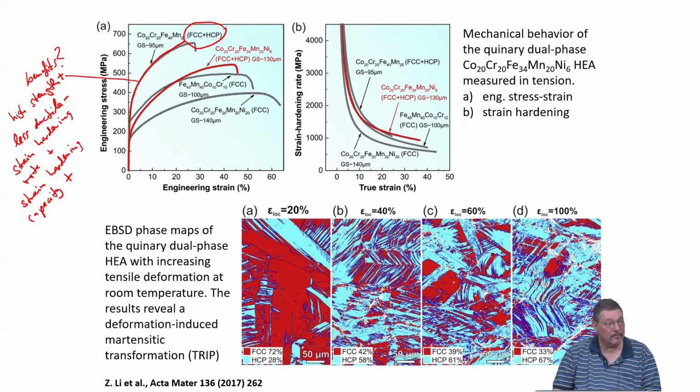Absorbing shocks. They transform to martensite. They are absorbing shock, TRIP effect. Yes, the transformation is driven by the mechanical energy. So it's transformed into a microstructure feature. Also, dislocations have a problem passing the phase boundary between austenite and martensite, right? So this is also helping and increasing the strain hardening capacity of the material.